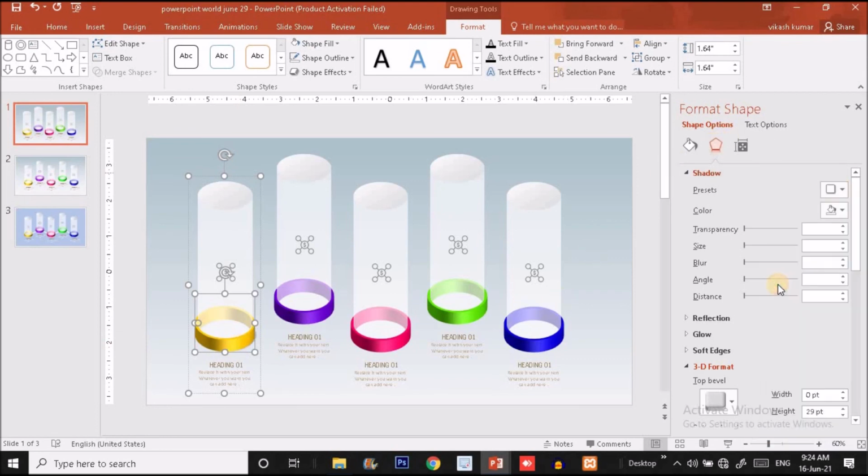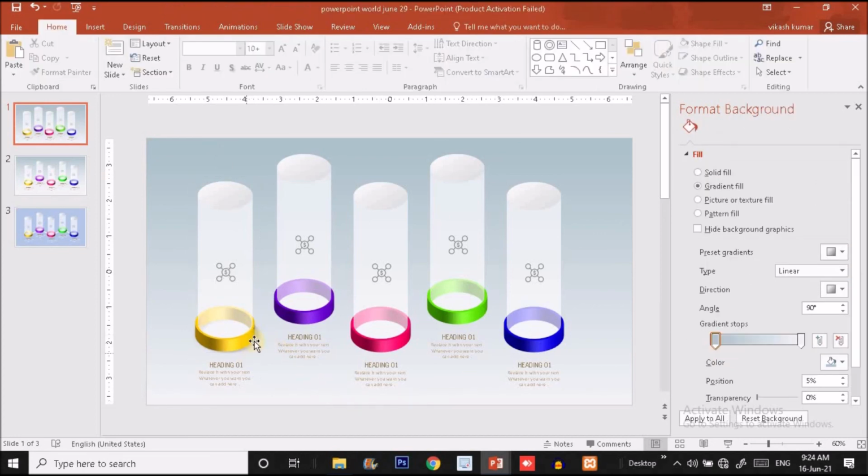I'm going to choose this preset, and after this I'm going to increase the size, something like this much, and increase the width like this, and the blurriness like this. After increasing the blurriness you can see the shadow effect there. You have to apply it on all these 4 elements. So I think you can do it very easily, guys.